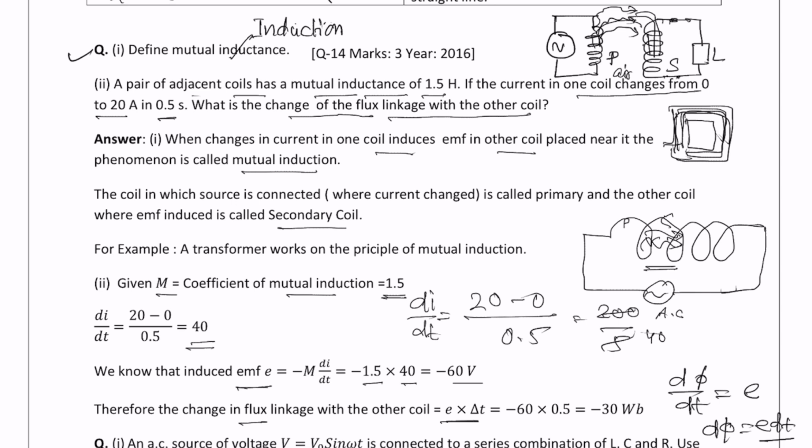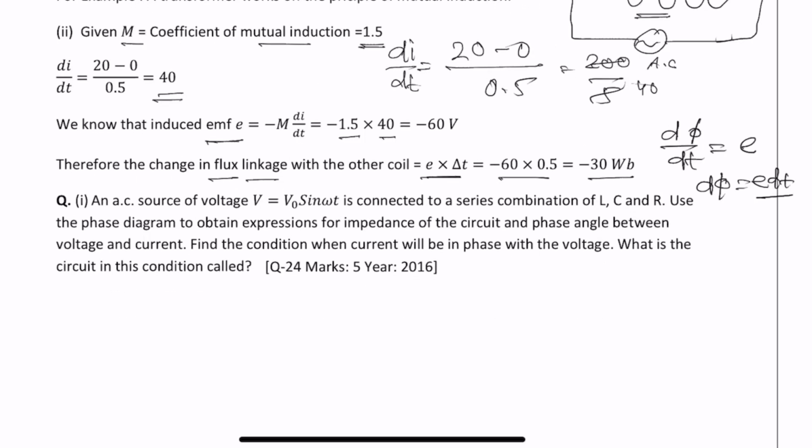Of electromagnetic induction. So dφ is equal to E dt. E is over 60. 60 into 0.5 is 30 Weber. Weber is the unit of flux. Okay, now we'll come to